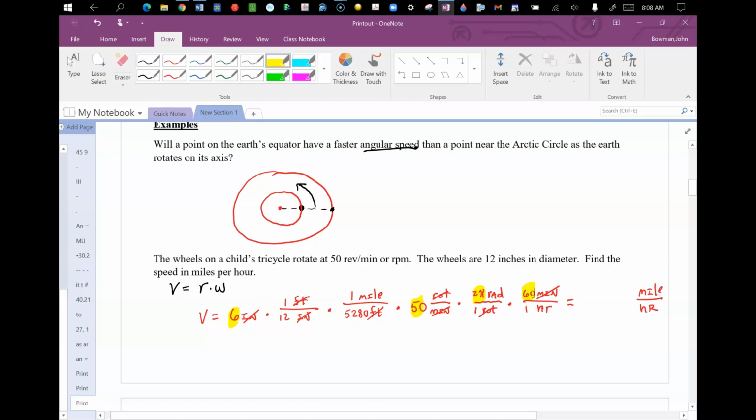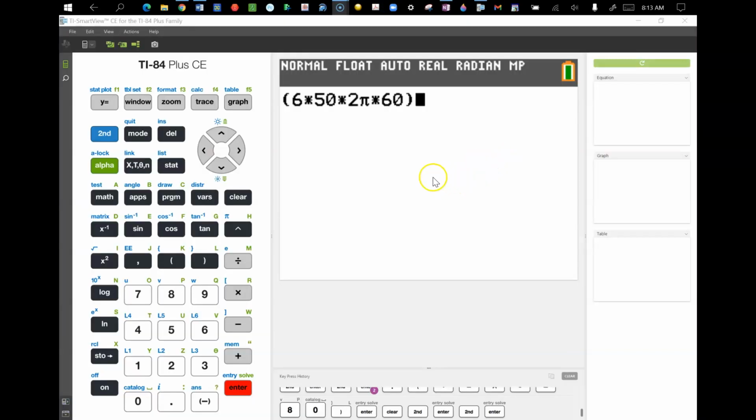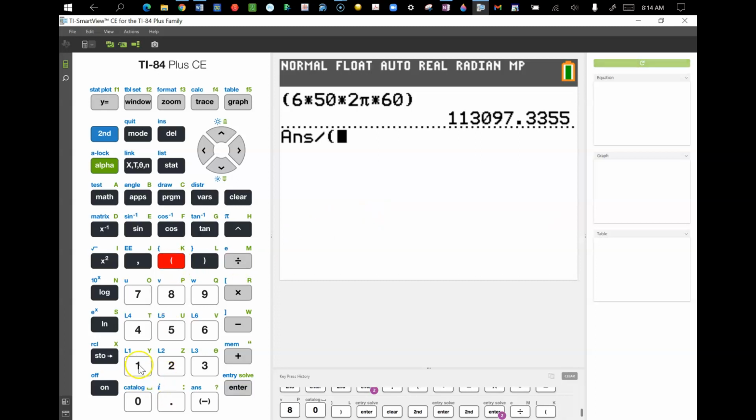And then you divide that by those numbers that are in the denominator, the 12 times 5,280. So if I were going to do this on my calculator, it would look like the following. The expression you see here would be all the terms that make up our numerator, so we're going to multiply those out first, and we get an answer that is rather large, but then we also have to divide by the terms that would make up our denominator, which if you go back and look at the notes, are 12